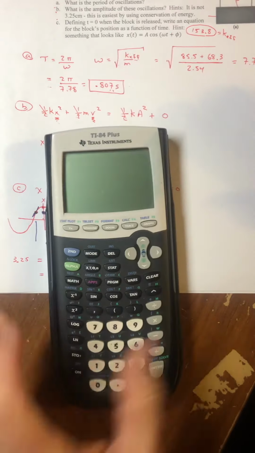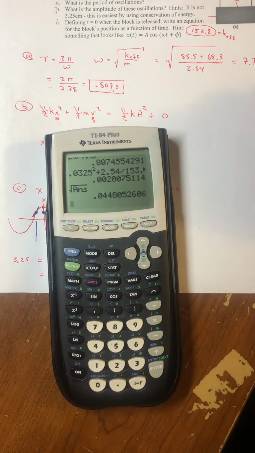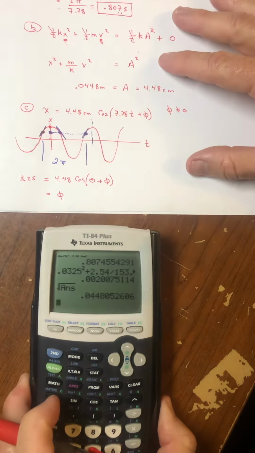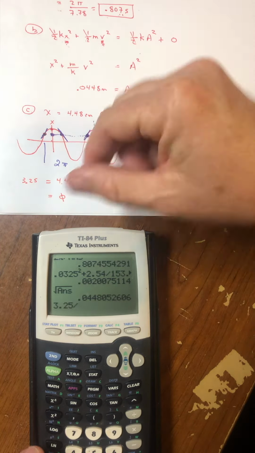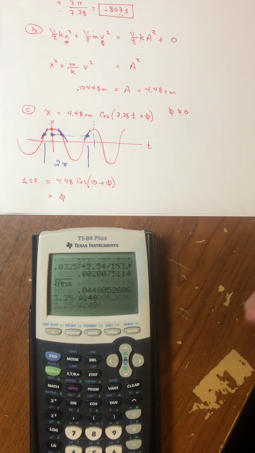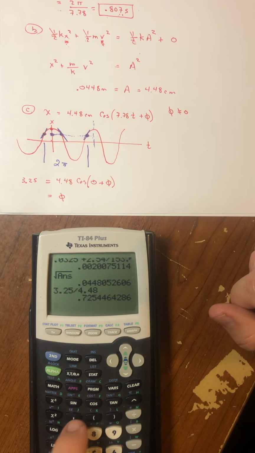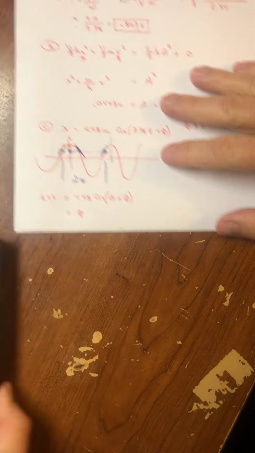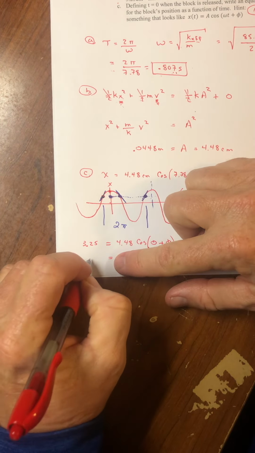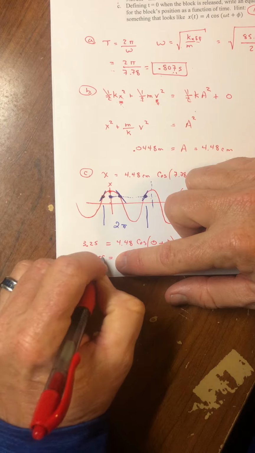So grabbing my calculator and checking that I'm in radians mode, let me do the math here. Let me take the 3.25 and divide it by the 4.48. So that's the cosine. Now let me do the inverse cosine of that answer. And it looks like I get from my calculator 0.759